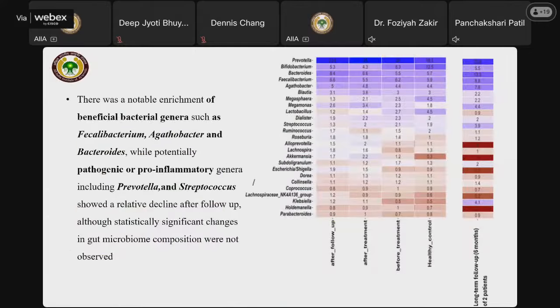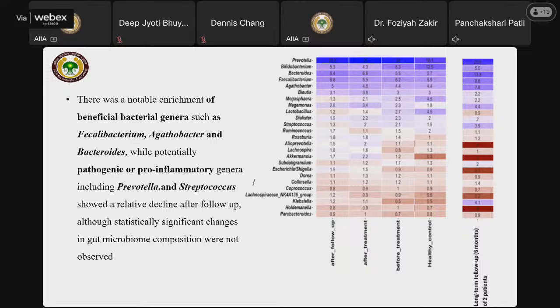So this, when analyzed with our microbiome analysis right from the healthy control, before treatment, and after follow-up, we could find that there was a notable enrichment of beneficial bacterial genera such as Faecalibacterium, Agathobacter, Bacteroides, while potentially pathogenic or pro-inflammatory genera, including Prevotella and Streptococcus, showed relative decline after the follow-up, although statistically significant results in the microbiome composition were not observed. So we could find a very drastic change right from the time of before treatment till the